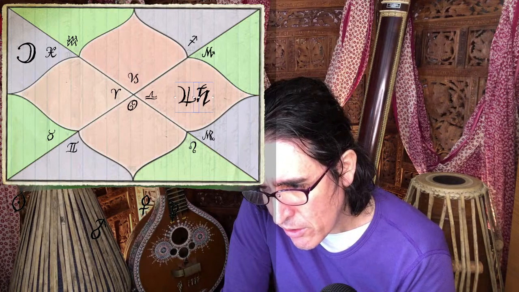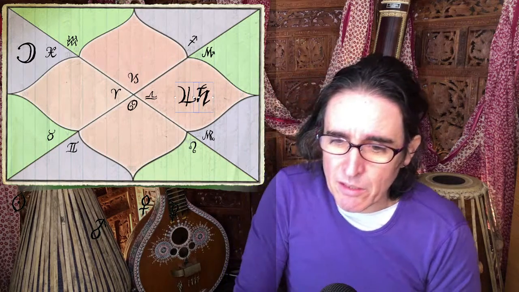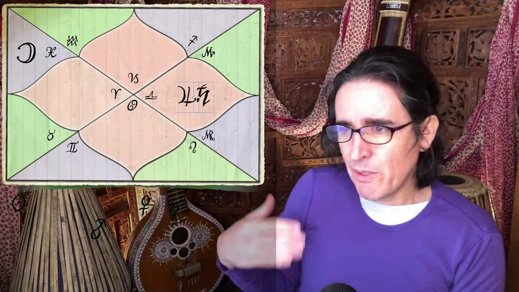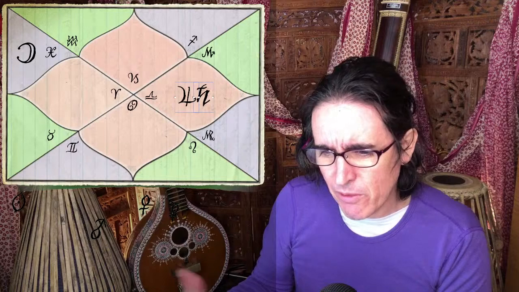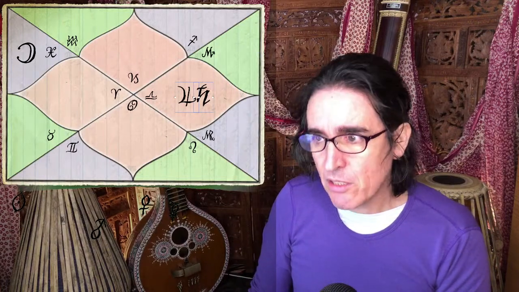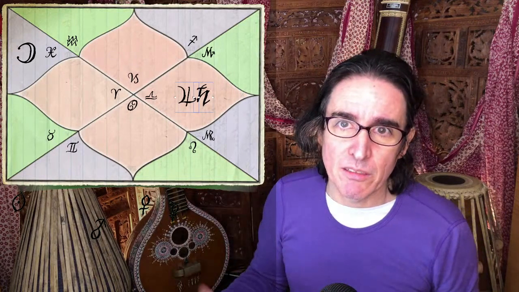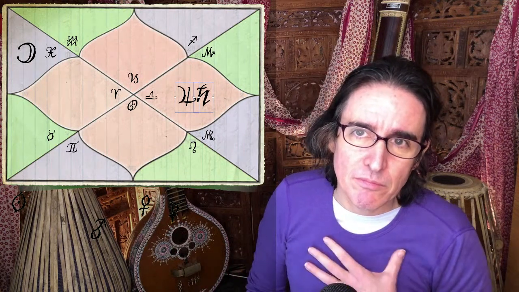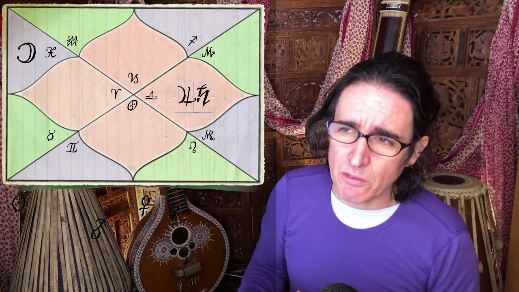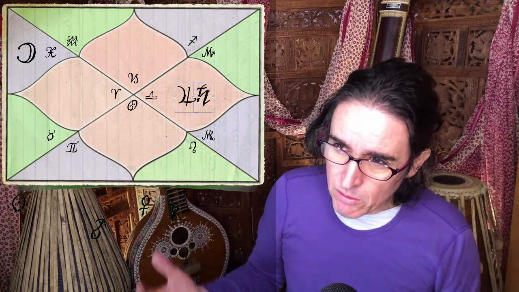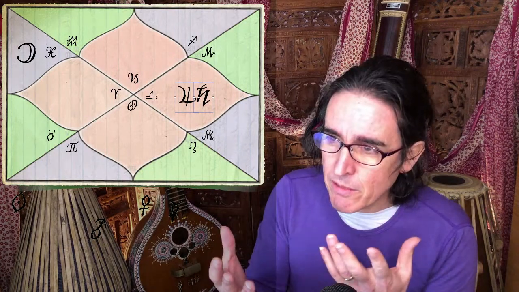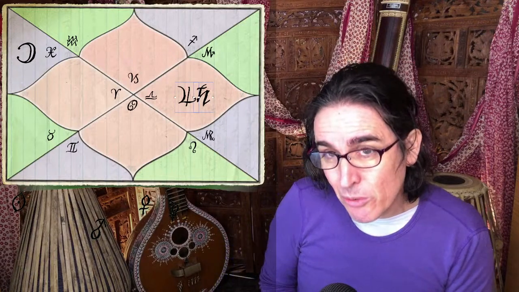How is Puṣkala Yoga different to Dhana Yoga? It's much stronger than Dhana Yoga, and Dhana Yoga doesn't include all these things about being well-dressed and well-respected and well-spoken of. Puṣkala Yoga is not just wealthy, that is Vasumat. Puṣkala Yoga is opulence, so opulence comes across in the clothing, in the ornamentation, in the words that come out of your mouth, in the way that people think of you, as well as in the amount of money that's in your wallet.